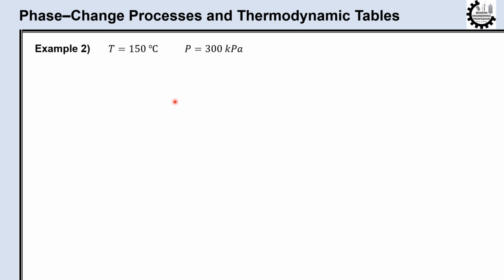In example 2, temperature and pressure are given, but we do not know which table to use to determine the missing properties, because we have no information about the material's phase. To determine the phase, we first look at the saturation pressure at the given temperature. We found this from the previous example to be 476.16 kilopascals. Since the material's pressure, 300 kilopascals, is smaller than the saturation pressure, we are in the superheated vapor